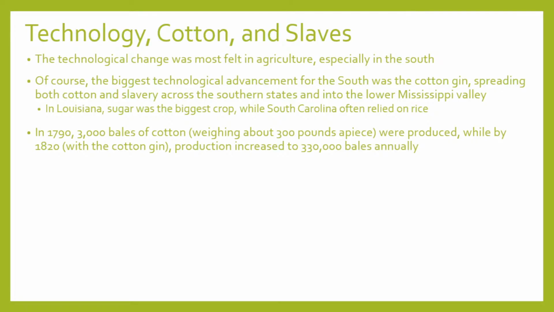Within 30 years after the cotton gin, we had produced 330,000 bales of cotton. I can't say bales of cotton. That doesn't make sense to my brain. That's an increase of, really simple math, 110 times. That is a crazy increase in production